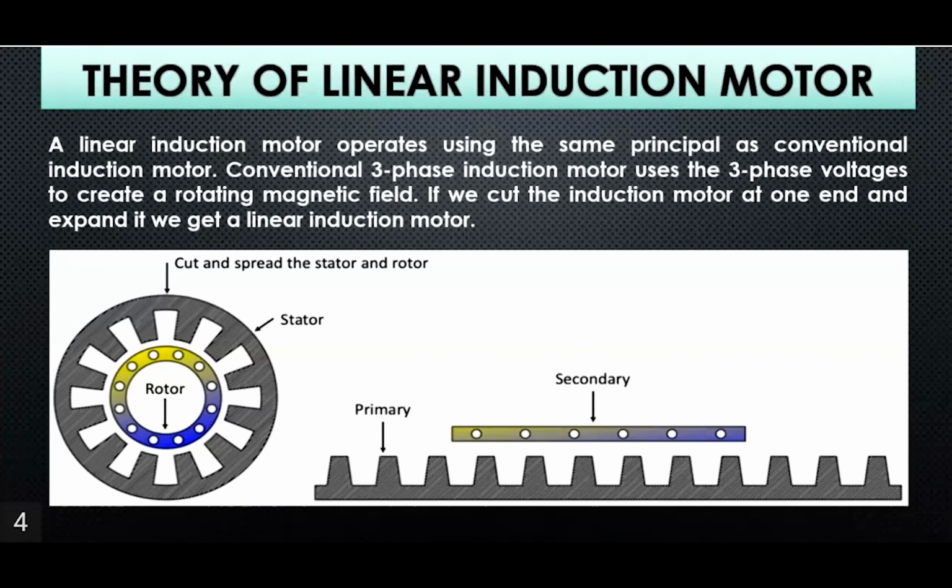When three-phase AC power is applied to the primary, a traveling electromagnetic flux wave is induced and moves relative to the primary. This wave induces an electric current in the conductive reaction plate. The induced electric current interacts with the magnetic flux to produce a linear force. The speed of the motor can be varied by changing the input frequency.